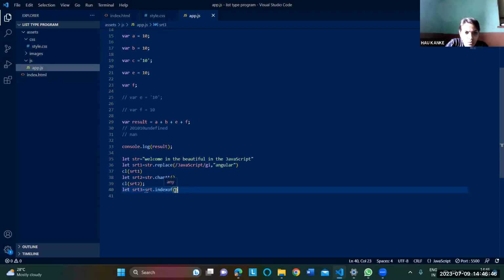Index, this is a word, suppose. Then indexOf